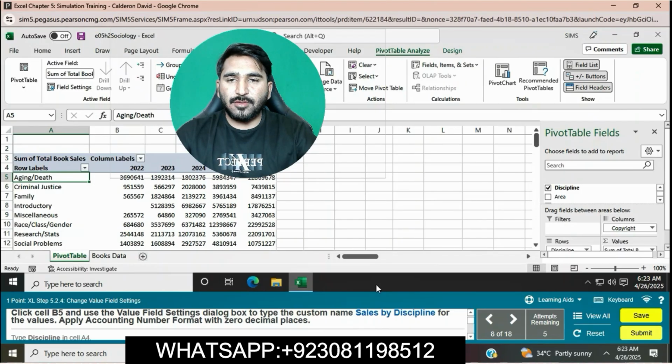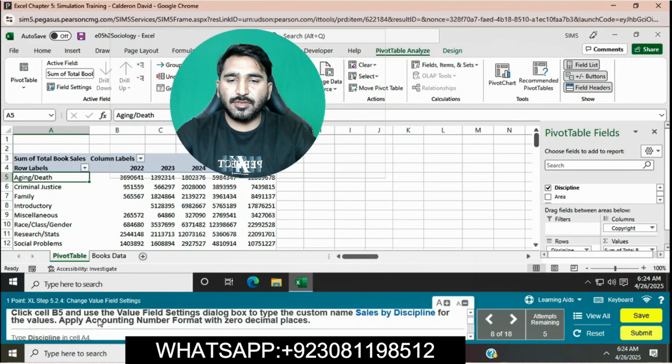Click cell B5. Use the value field settings dialog box to type the custom name Sales by Discipline for the values.